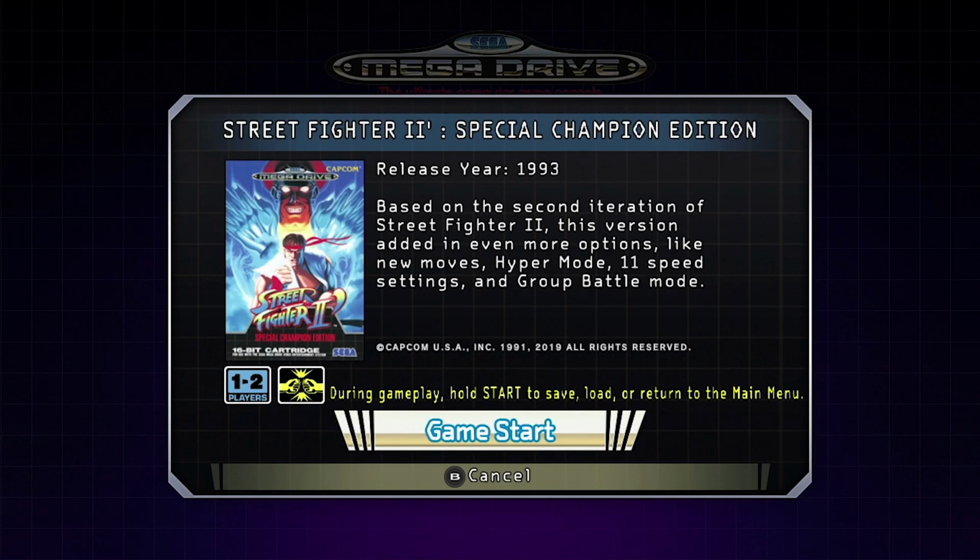And here's where we get a Capcom game. Street Fighter 2, the Special Champion Edition. Now, here's the thing. The Mega Drive Mini does not come with a 6-button controller. It's just a 3-button controller. And for a game like this, you definitely want a 6-button controller, so...